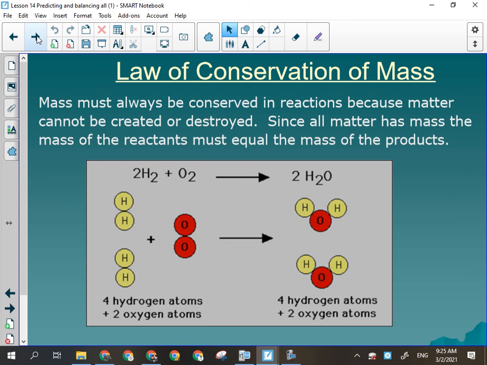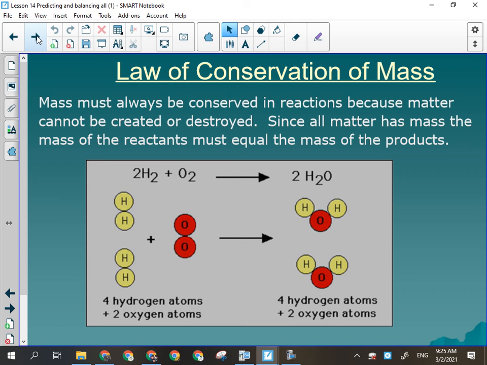Okay. So if we're looking at this chemical reaction and the law of conservation of mass, mass must always be conserved. So in this reaction here, I start out with 4 hydrogen atoms and 2 oxygen atoms on the reactant side, both of them in the form of molecules. So it's 1 molecule of oxygen made up of 2 atoms, and 2 molecules of hydrogen made up of 2 atoms